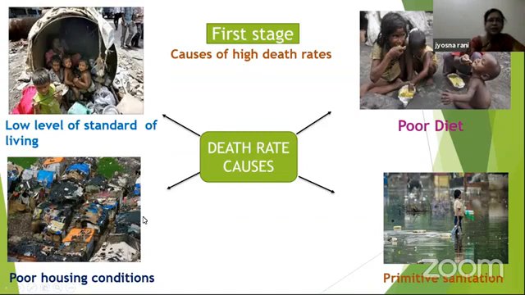And the poor housing conditions also, you can see, children. Here the housing conditions are horrible. In such a situation, people live in the first stage of the theory of demographic transition. And here the primitive sanitation also. Here the poor sanitation reduces human well-being. The sanitation methods which they follow will have an impact on the death rates, which leads to the high death rates and